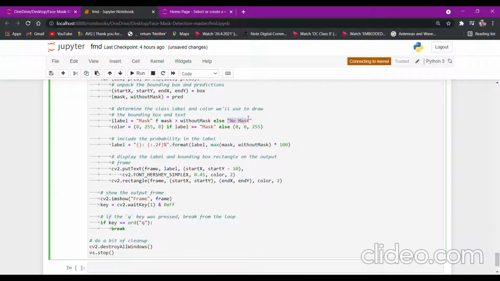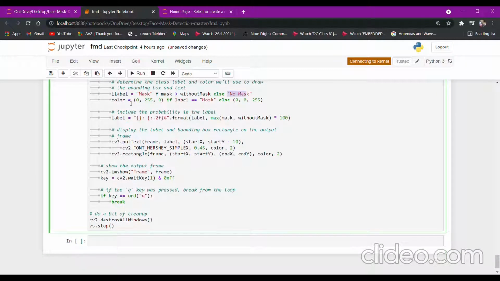This depends on whether mask is greater than without mask, and we have chosen the color as 255 red and green 255. This stands for BGR. So if a mask is there, you will get green color. If a mask is not there, you will get red color.